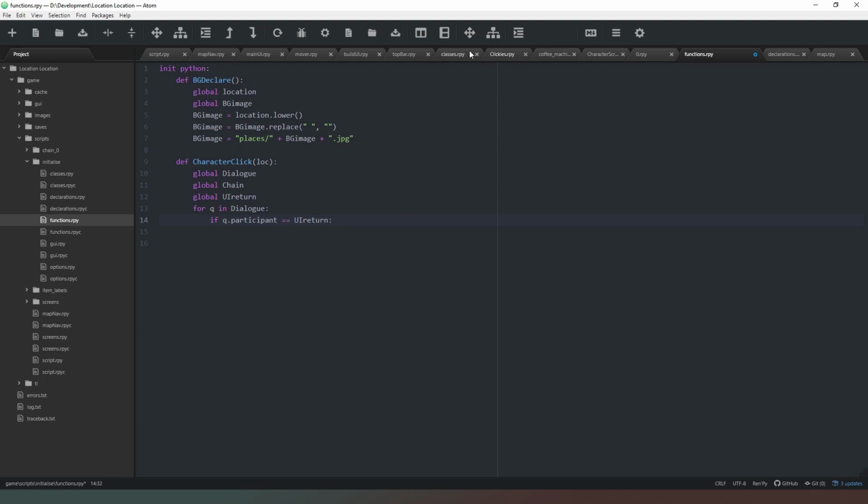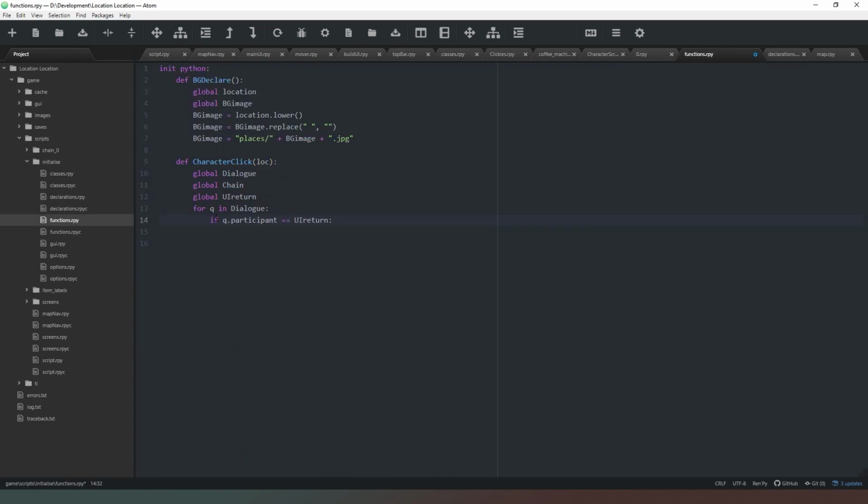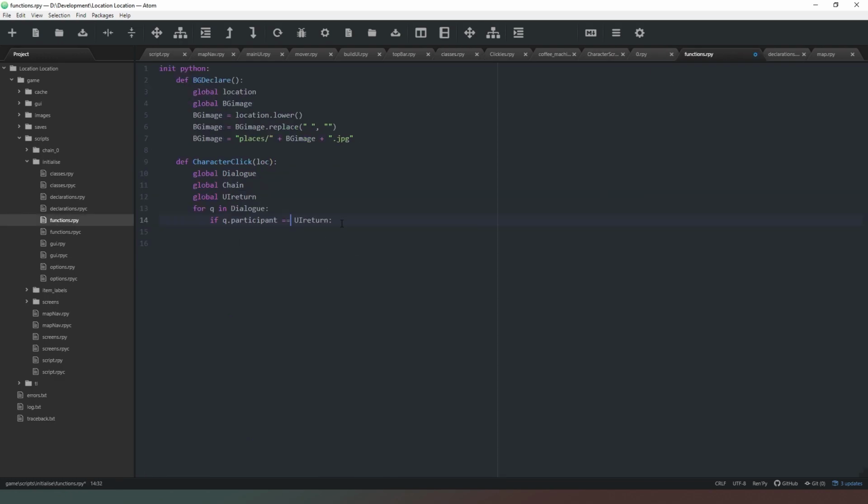So we're saying if the participant, with a small p, is equal to the person that we've clicked on, and we're going to double check that again because we don't want any fluff ups. So the participant is just going to be the NPC's forename. So that's all good. That's absolutely superb. So we're saying if the name is correct, if we're clicking on the correct person,